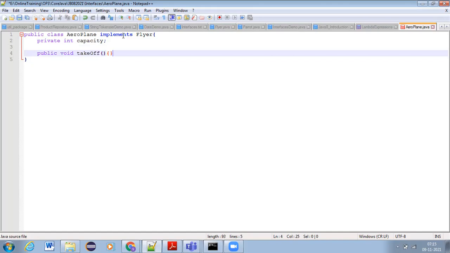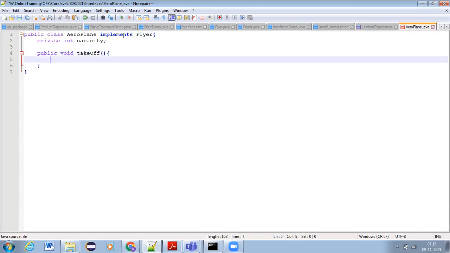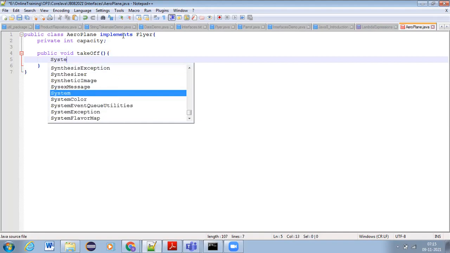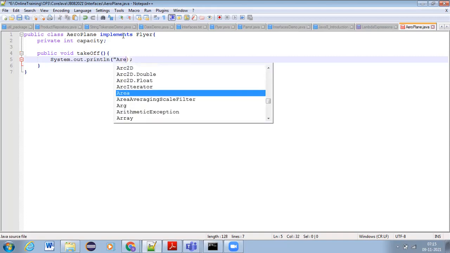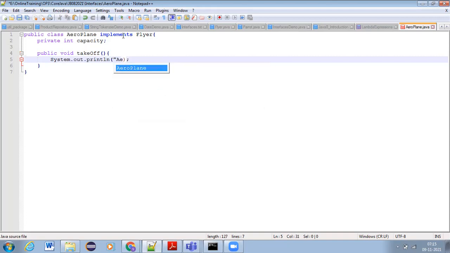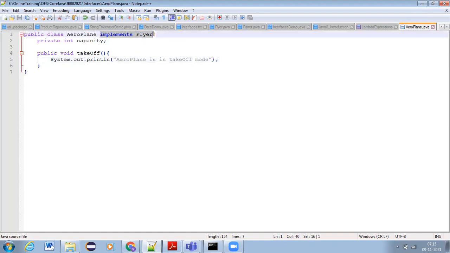What is the behavior of an aeroplane, takeoff and landing, right? You can say System.out.println, aeroplane is in takeoff mode. Anything we can write. Now, as I said, Aeroplane implements Flyer.